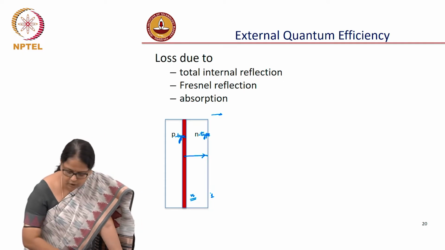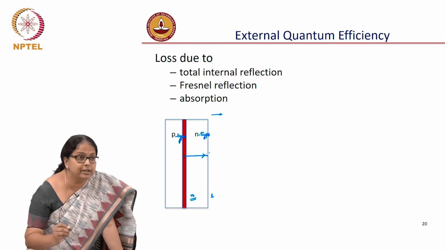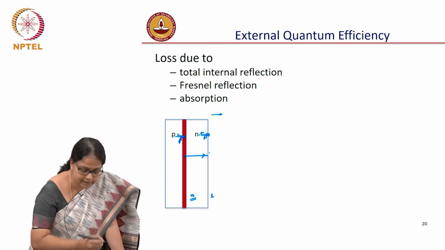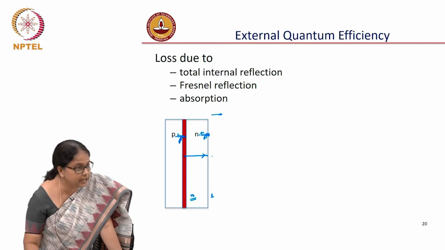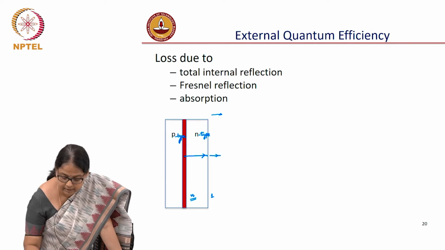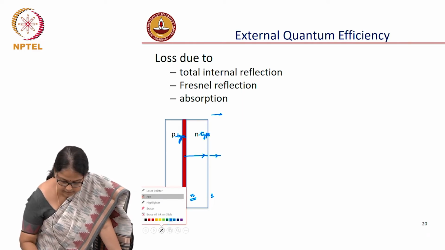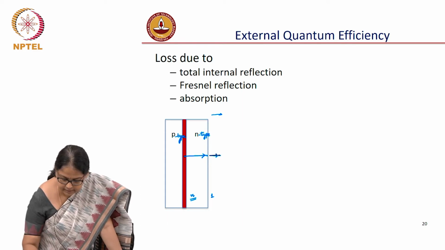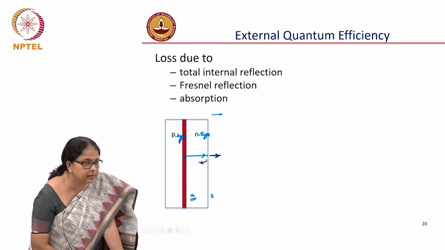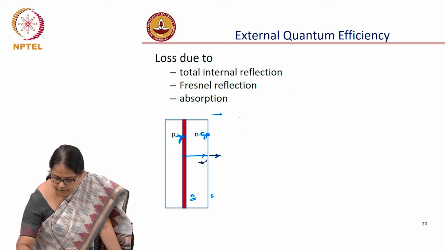This you would have done in your basic electromagnetics. Because of the change in the constitutive parameters, you have a certain fraction of light that is transmitted and a certain fraction that is reflected, and the reflection coefficient